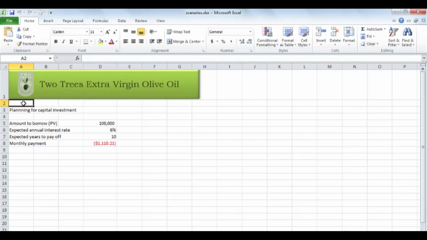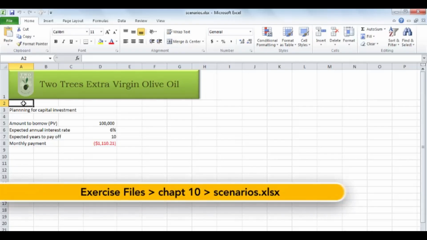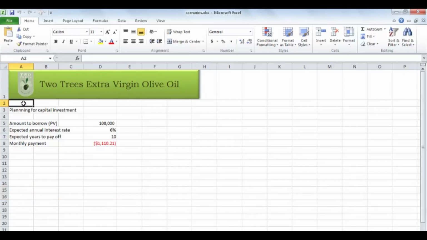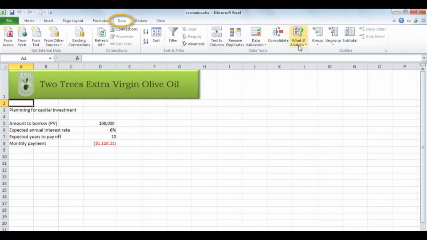Excel's goal seek and data tables features are really great, but there are times when you might want to change more than just one or two variables at a time, or maybe you want a nicely formatted report of all your possibilities. That's what the scenario manager is, and it's also under the what if button that we've been looking at in this chapter. So go to the data tab, and over here, click what if analysis, and choose the